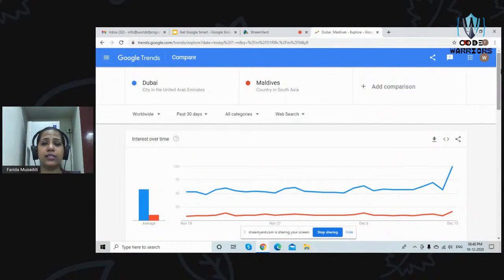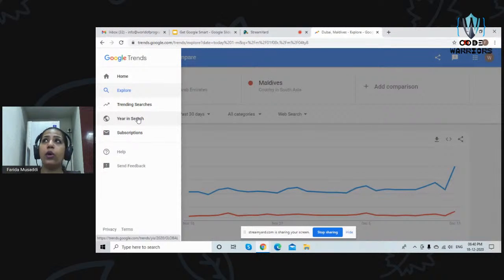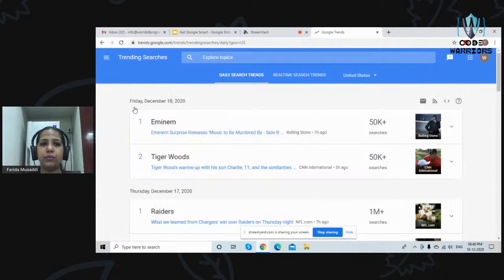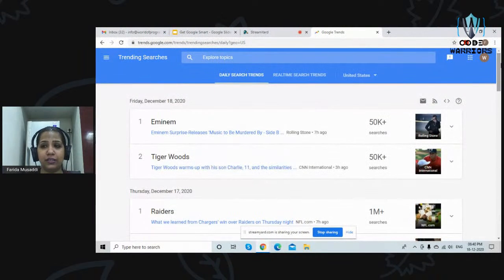And one more interesting feature in Google Trends, let me tell you, is where you can go and search for trending searches. If I go to trending searches, I'll be able to see which searches are currently in trend.